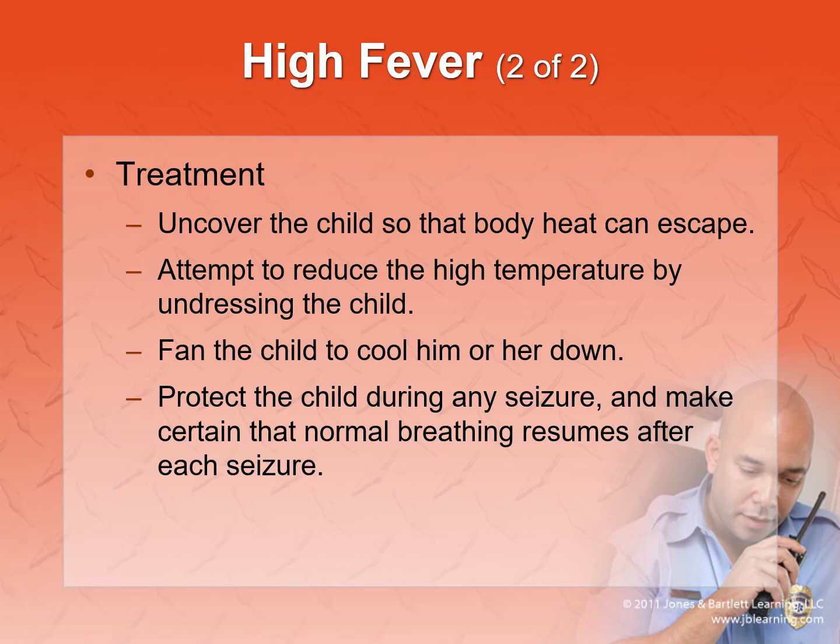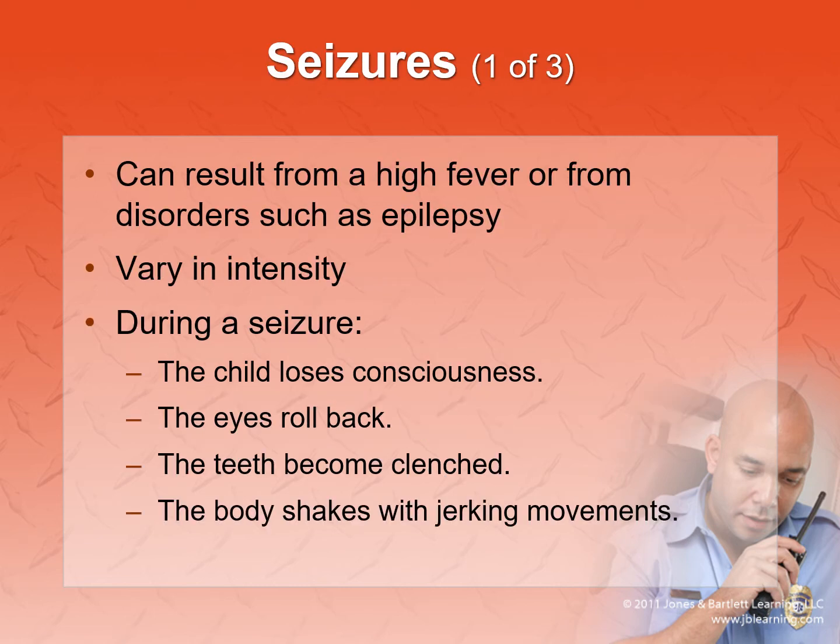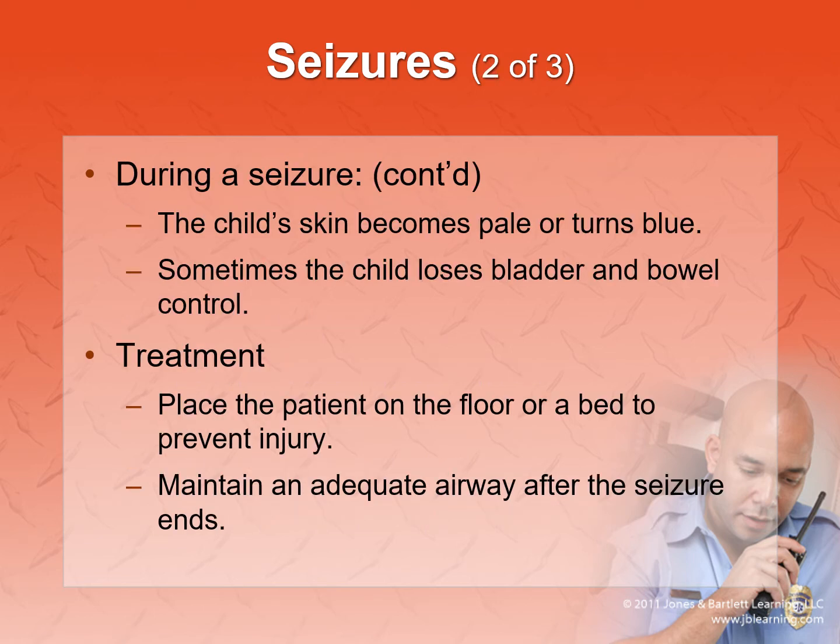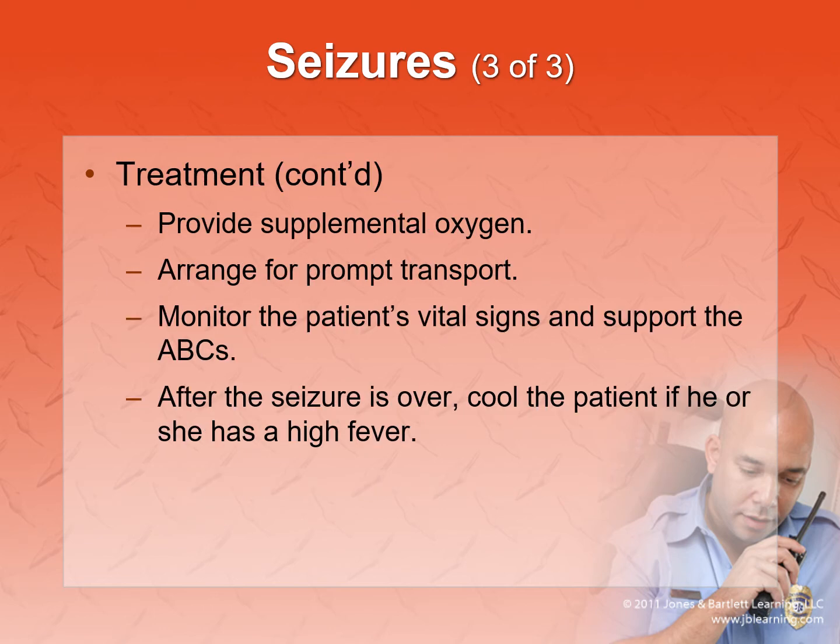And then keep an eye out for seizures, because it may have gotten so high that the child actually seizes. So now a kid might not have a seizure in the way we would recognize. Okay, they might have eyes rolling back, teeth clenched, lip smacking. It might be something as small as that, or it could be full body jerks. Okay, look at that skin color during the seizure. That means they're probably not breathing that well if it starts to turn different colors. Okay, but provide oxygen, prompt transport, ABCs, and once again, cool that patient down if they have that really high